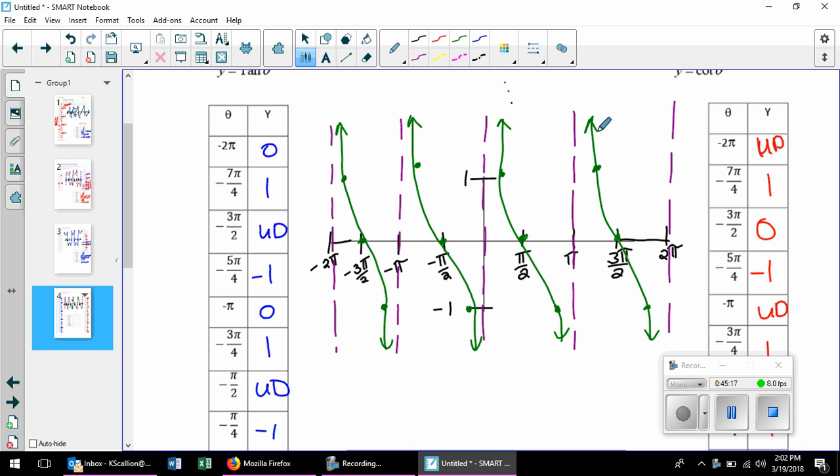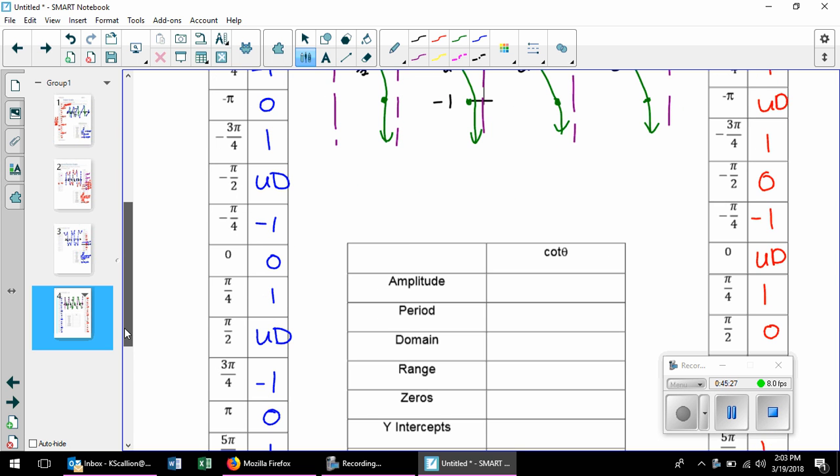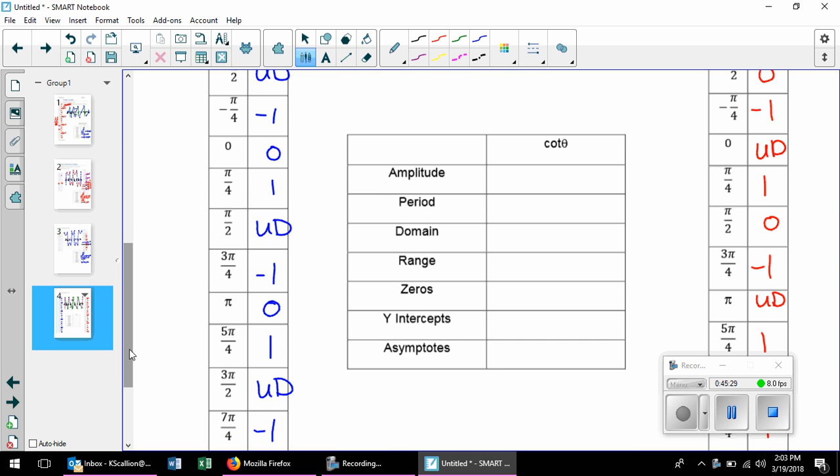Your assignment today is only going to be on the tangent graph. So don't worry too much about that. Let's fill in the table about this cool tangent graph. What's the amplitude? Infinity. What's the period? Pi. What's the domain? x is an element of the reals, with the exclusion, x cannot equal